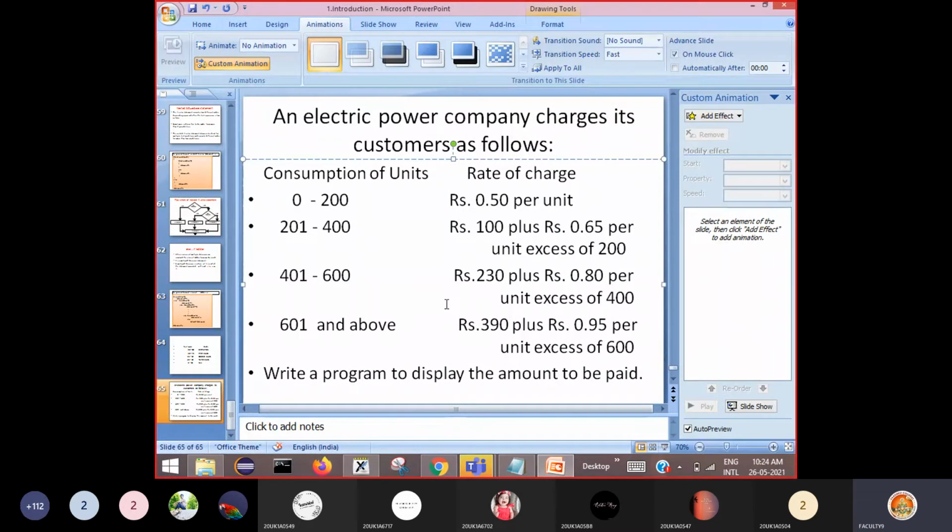Before you execute your program, manually on paper try to calculate: if my bill is 430 units or 240 units, what is the amount of the bill? Calculate this on paper, and afterwards test your answer with your program's answer. If both are correct, then your program is correct. For each category, calculate on paper and keep it ready, and when you complete your program, test your answer with your program. If both are correct, then only you can say that your program is correct.